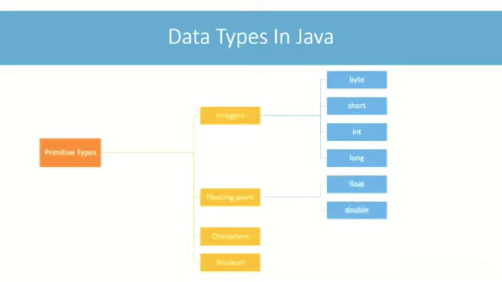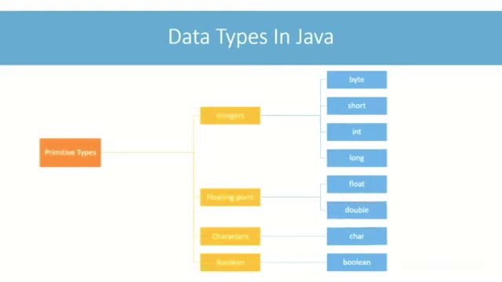The characters group represents the characters like the name of students in our student result sheet example. There is only one data type present in this group, char. The Boolean group represents the true-false kind of data like the promoted column in our student result sheet example. This group too has only one data type, Boolean, which can either have the value true or false. This gives us 8 primitive data types, namely byte, short, int, long, float, double, char, and boolean.